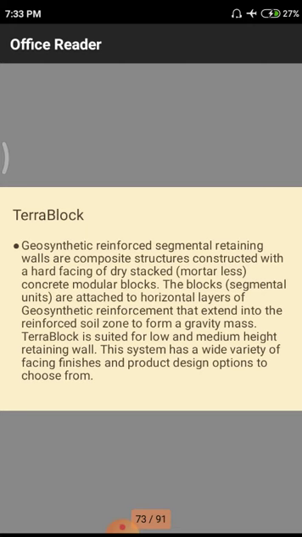and tensile loads. Normally at the ends of the structure we have a huge amount of compressive force. At the middle of the structure we have tensile forces. In some cases those forces may also be reversed, so we have to observe that the block remains in a stable position whenever we apply a load on the structure, so those blocks are attached to the horizontal layers of the geosynthetic reinforcement.